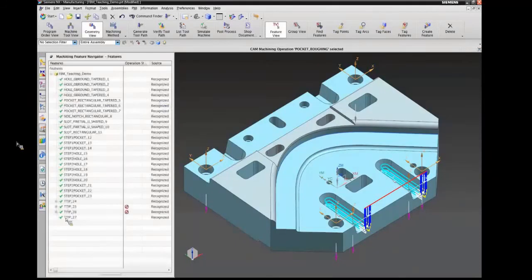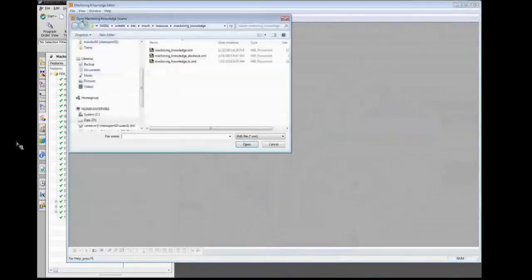But one of these features, that one, definitely doesn't have the same dimensions. It has a different length, it has a different fillet or bottom radius, so we couldn't apply it. And the other one not only has a different length, it doesn't have a fillet at all, so we couldn't apply it. Now what we can go do is open up the machining knowledge editor again,